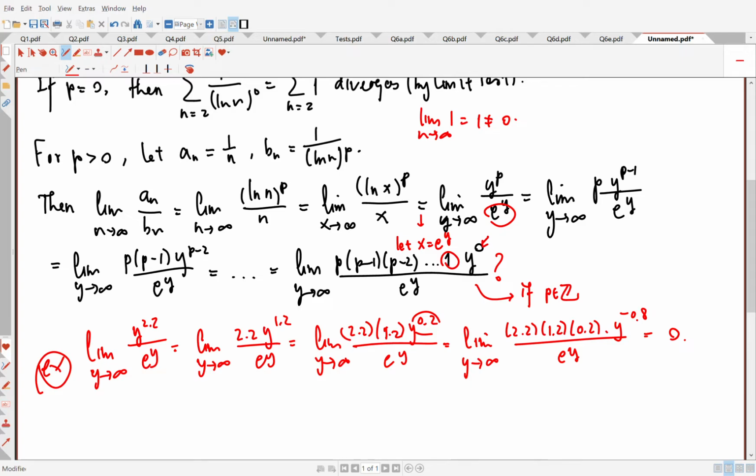Okay, so after doing L'Hôpital's rule floor p times. Okay, after doing L'Hôpital's rule floor p times. For this case, you see, after doing it twice, which is floor of this, I will get this expression. So after doing floor p times, I will get